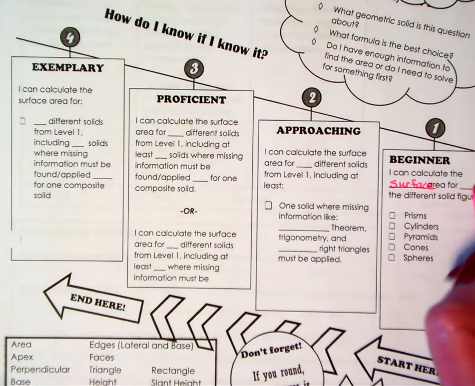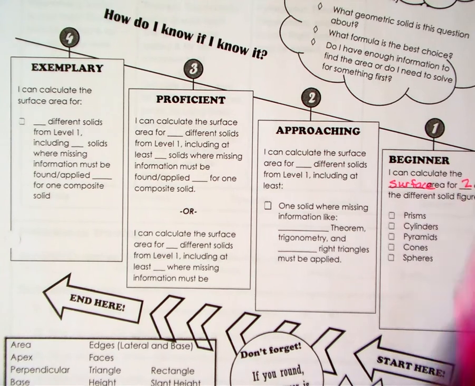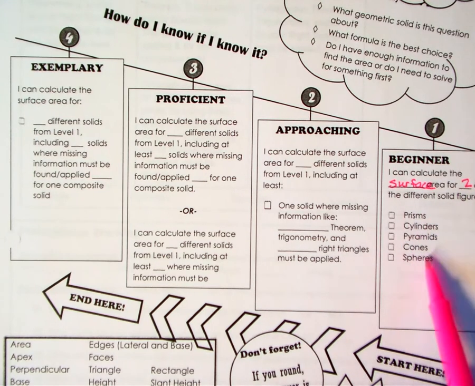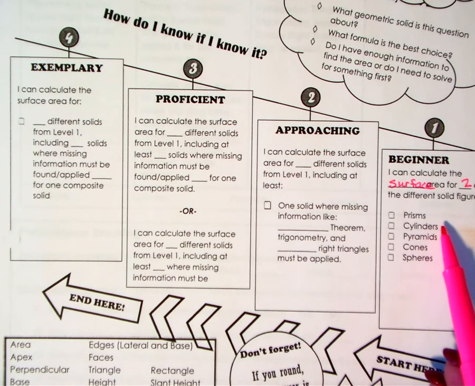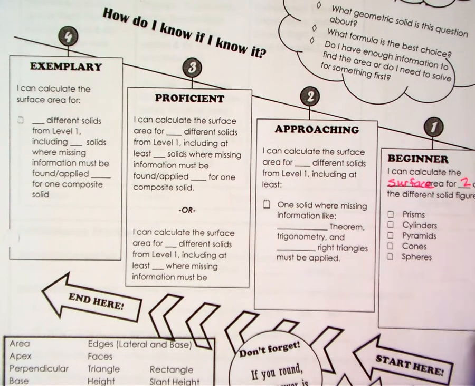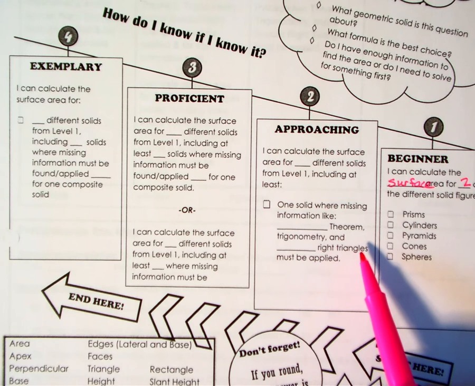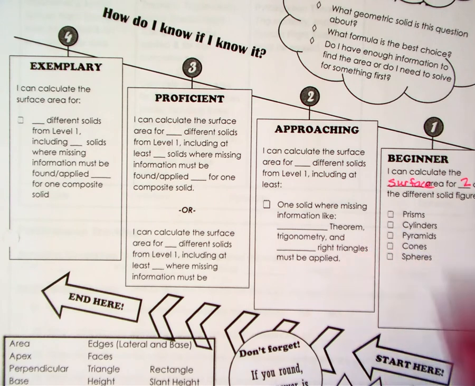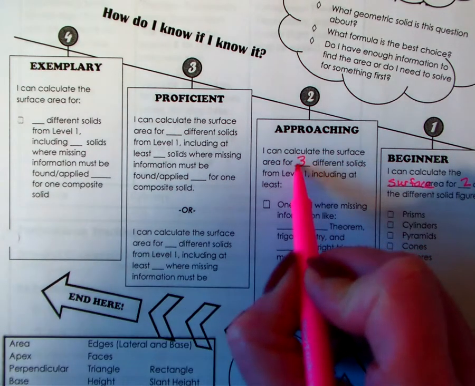for 2 of the different solids below. So there are 5 solids listed. We have prisms, cylinders, pyramids, cones, and spheres. So just to be at a level 1, you have to be able to calculate the surface area for 2 of those. Okay, to get to a level 2, you can calculate the surface area for 3 different solids from